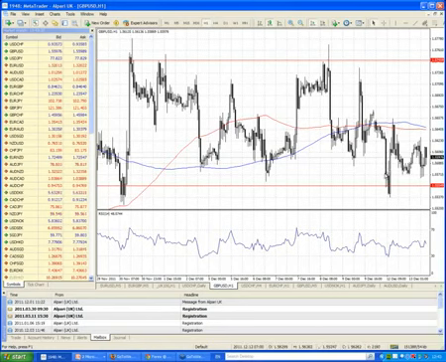Now, when you've got a range trading anyway, then it helps you out, because when you've got this RSI trading in the middle of the area, it tells you there's no trade. It tells you it's neither overbought nor oversold, so there's not a trade there.